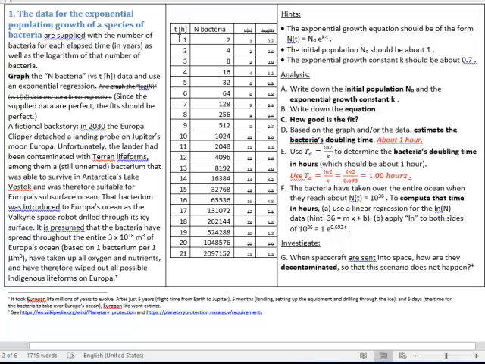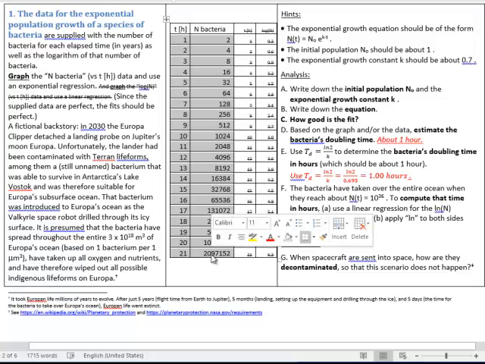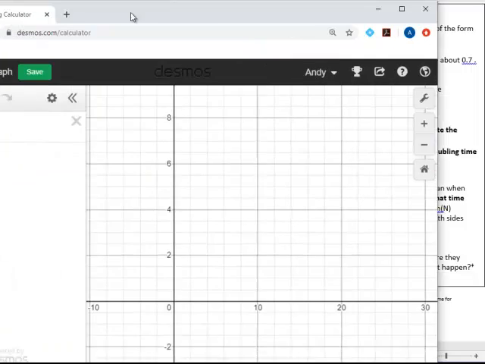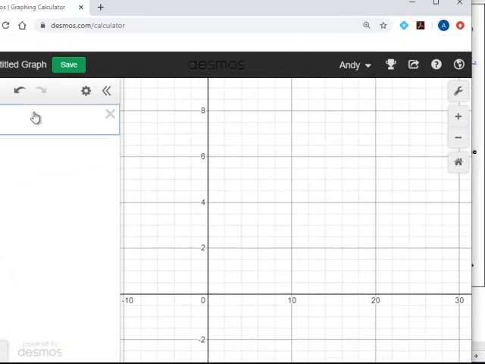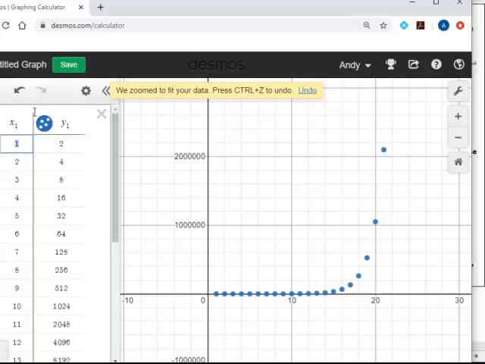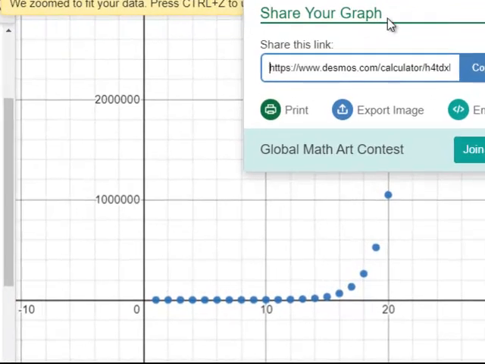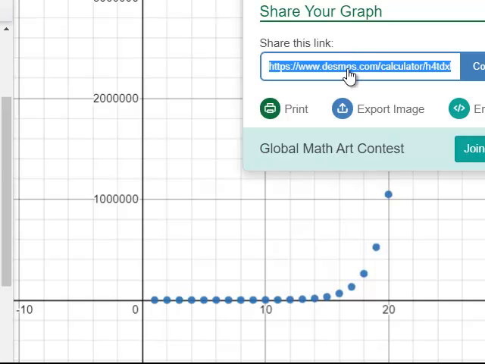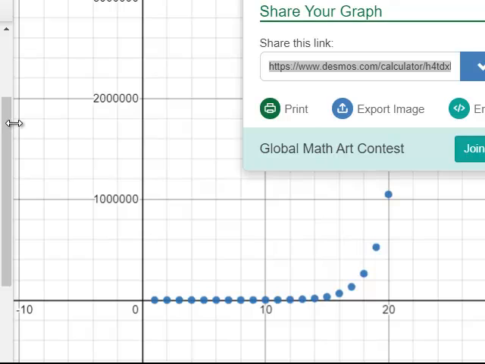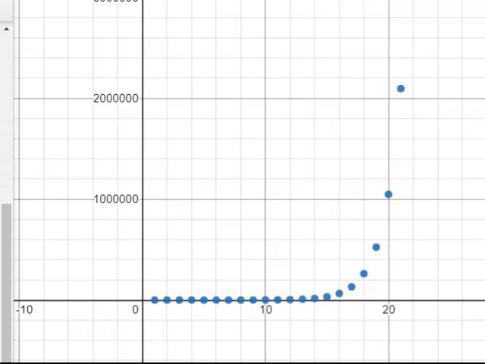So graphing is actually really easy. Just highlight these data here, hit Control-C for copy, go over to Desmos, put it in here, and just hit Control-V for paste, and there it is. And remember that at times you want to look at this one here, share your graph, and copy this one down because you may need to send it to me. Okay, then it says in here,